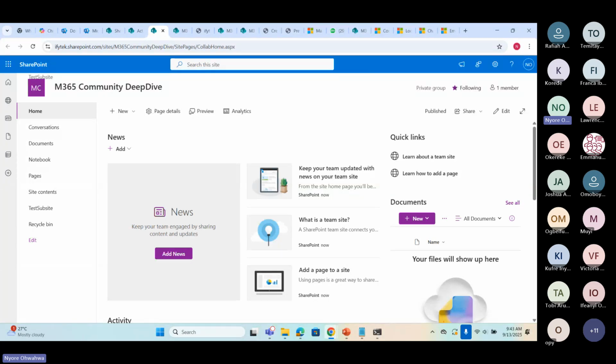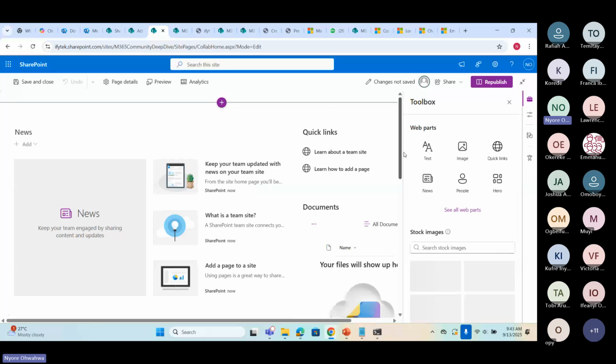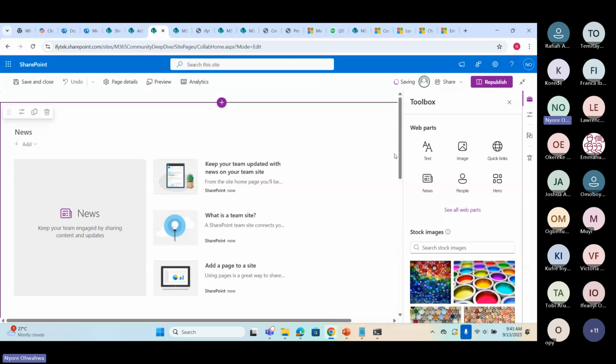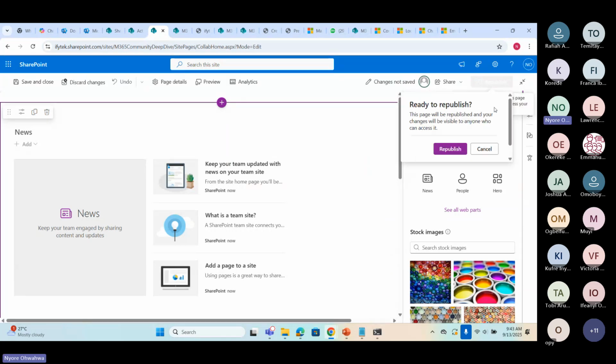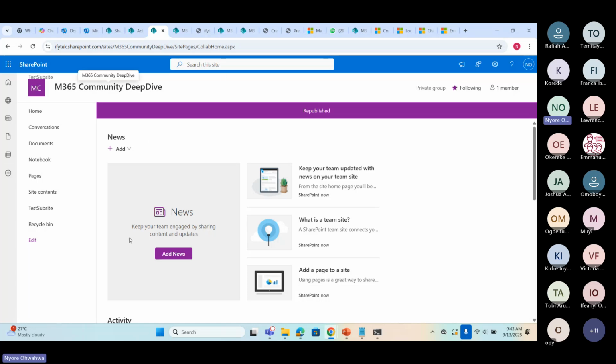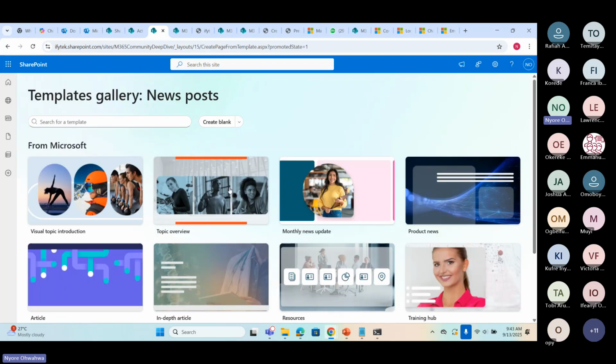I have this site that already comes with pre-created news web parts. Web parts are something we're going to look into later. So I've said, this is a site that I have created and I want to publish news on it. So I can just say news post.